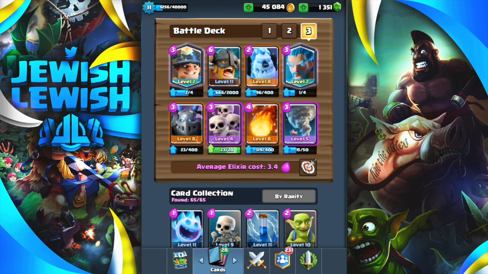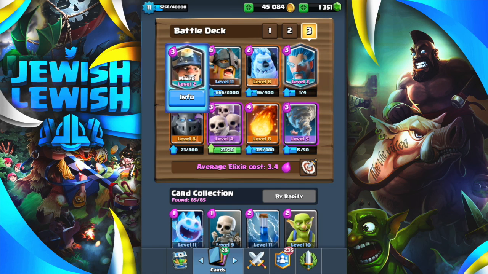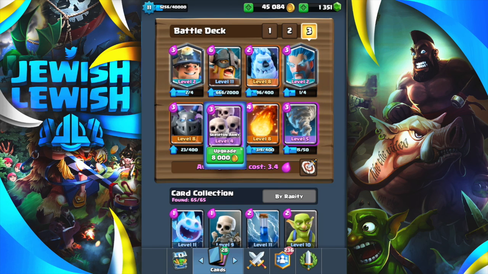Of course, the Electro Wizard isn't out yet, so I'm substituting the Ice Wizard for the Electro Wizard just for now. But of course, in the Electro Wizard challenge, you will be using the Electro Wizard instead of the Ice Wizard. So this is the deck. We have a Miner, Elite Barbarian, Ice Golem, Fireball, Tornado, Skeleton Army, and the Mega Minion. And of course, like I said, the Electro Wizard in place of the Ice Wizard, but for today's video, the